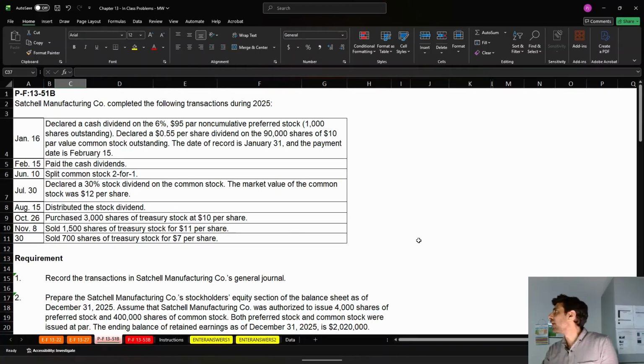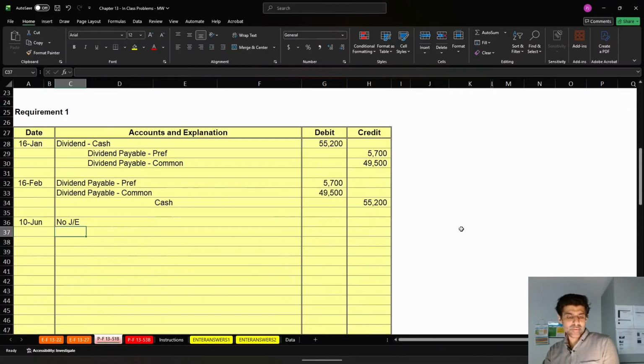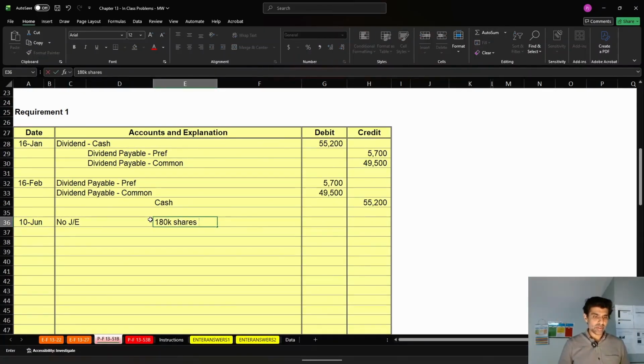Well, there were 90,000. It's 2 for 1, so for every one share, there's now 2. So it's 180,000 of $5 par value stock, because it was $10 par value. So I'm just going to put a note here: 180,000 shares, $5 par value